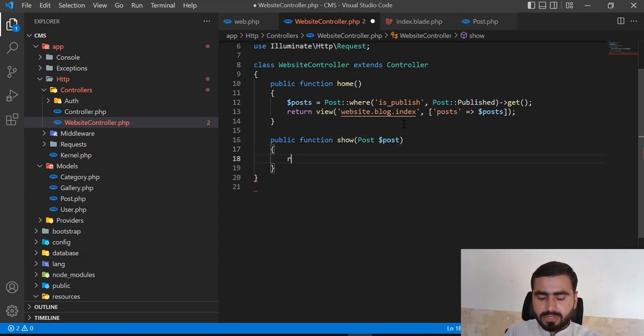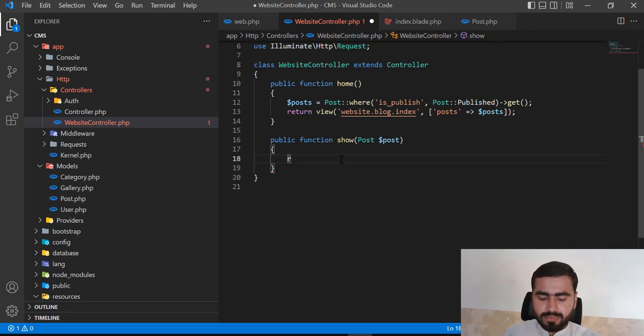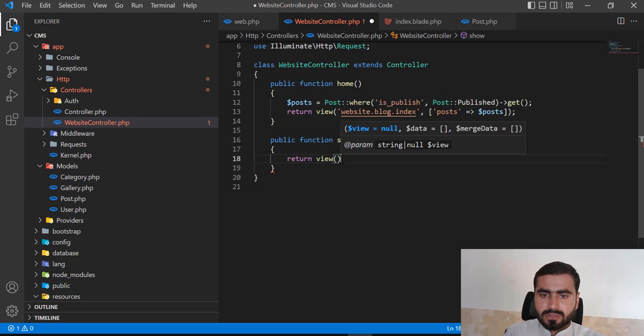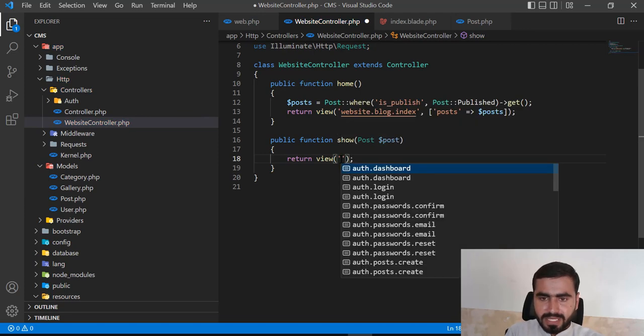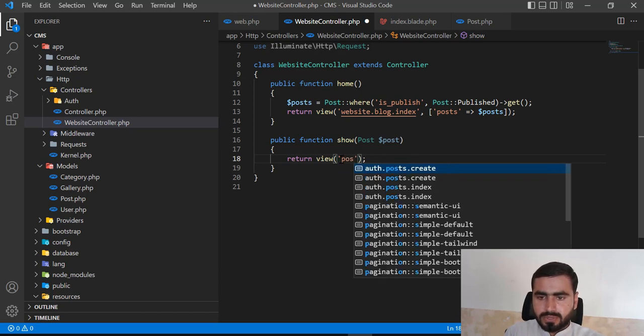Before this, I would first check whether the post is found or not, but we are using implicit binding, which checks whether we have a post, and if so it returns the post. Otherwise, if we don't have any post, it's going to return 404 not found. Okay, so here I'm going to call return view. That is the magic of this implicit binding. Okay, post dot